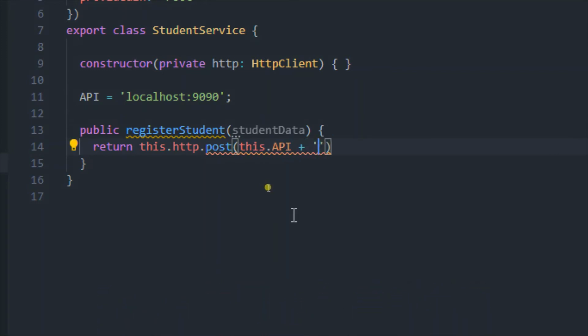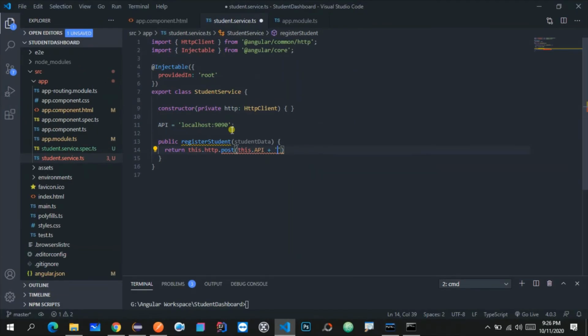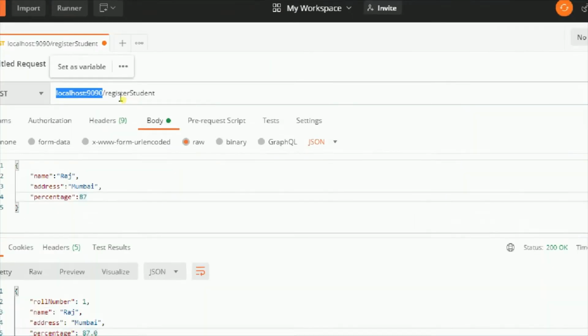Here localhost:9090 is the host and port, but inside this we can have multiple paths like /registerUser, /getUser and deleteUser, anything. In this case we have a path like /registerStudent.